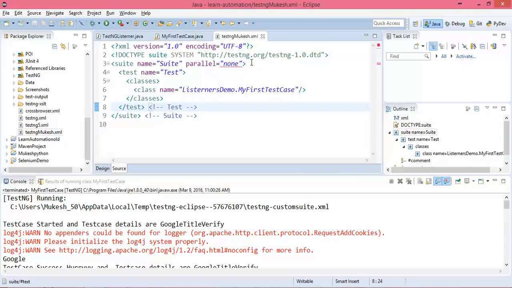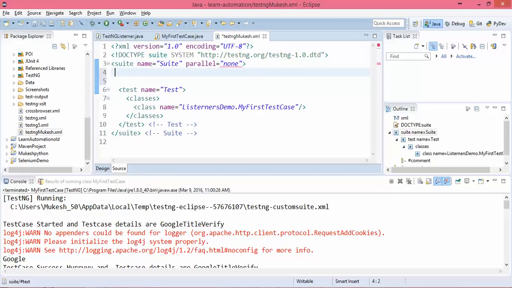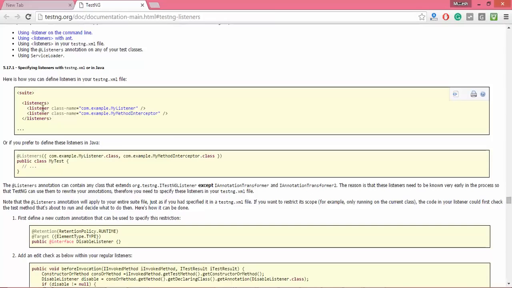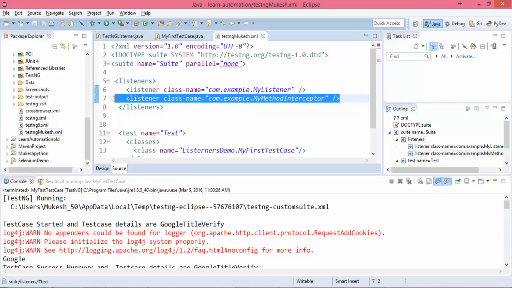Now I have to implement this listener on the suite level. So after this suite tag, we need to add one tag called the listeners tag. You can see after this suite, we need to copy this and add it here. As of now, we have only one listener, so I will remove one.